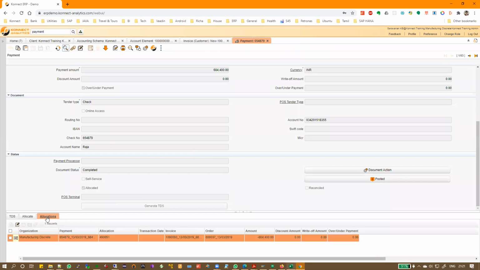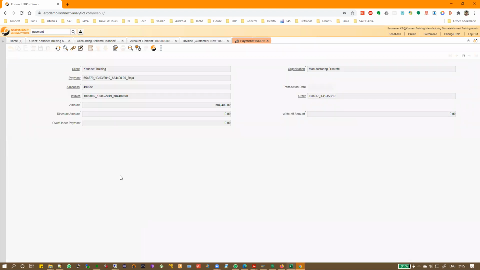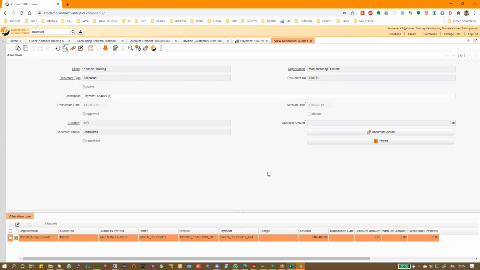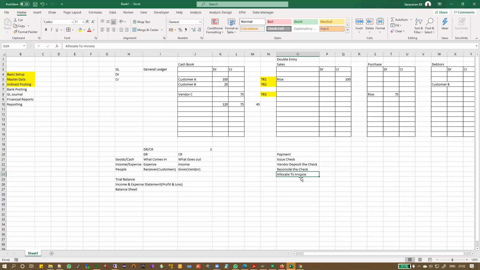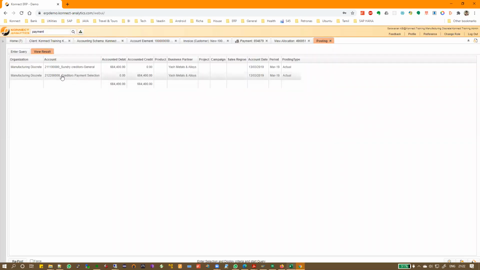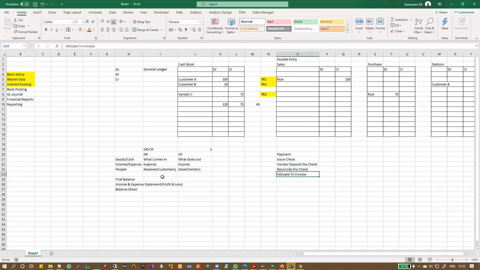Then we allocate. So let's come to the allocation posting. In the allocation posting, you're allocating the payment to the invoice, as the last step. We look at this posting. The same amount which you put inside creditors payment selection, you will reverse it and you will debit the sundry creditors general. Okay, that means this account.